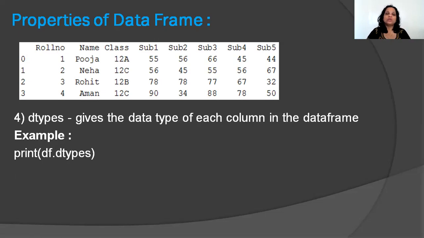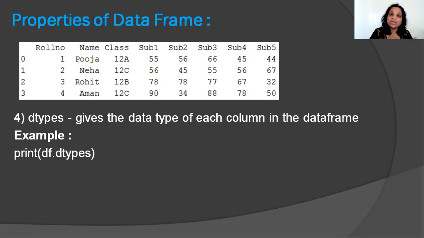Okay, then going to dtypes. In NumPy and in series, data series, we learned dtype. That's because each of them, whether it's a NumPy array or a series, is a homogeneous kind, one data type, correct? Now, when you look at this data frame, roll number is an integer, name is a string, class is a string, subject marks are all integers. So every column could be a different data type.